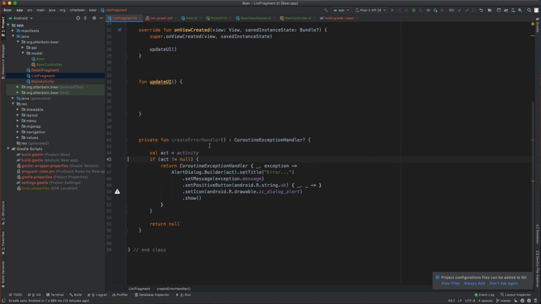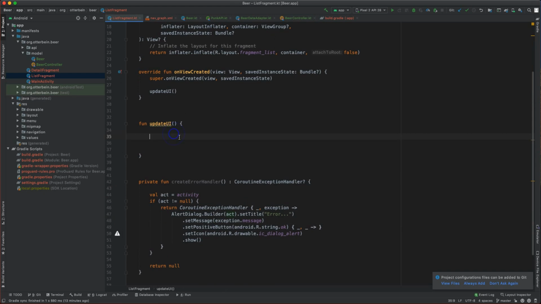I just created a function that returns a new instance of a coroutine exception handler. It just says error and then spits stuff out. This should be moved to a strings file, but I'm not going to make you watch me do that. Otherwise, it just pops it up. Okay, so now I can say